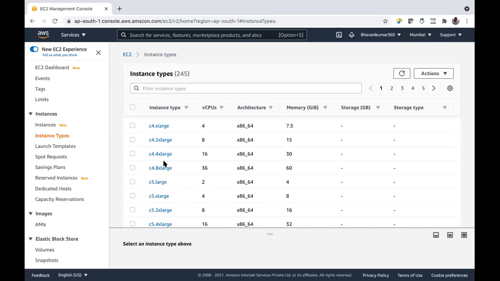And then we have memory optimized. Memory optimized is different. It's used for databases and batch processing applications where you have to process a huge amount of data. When you want to process a huge amount of data, speed has to be high. Which speed?